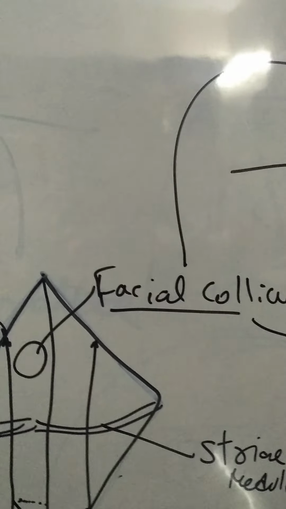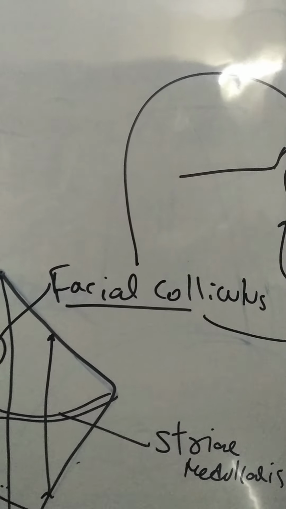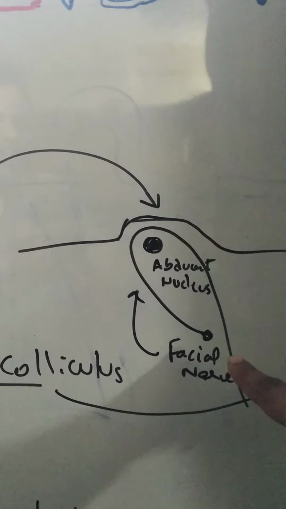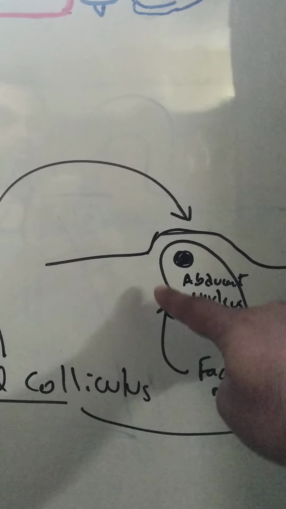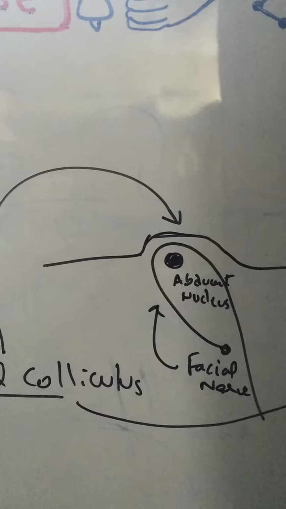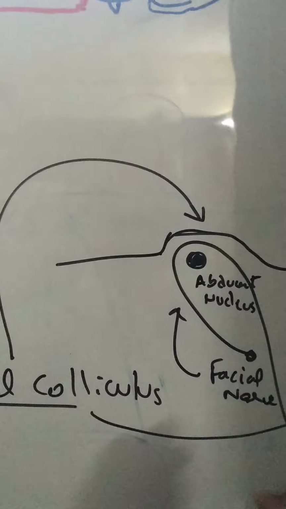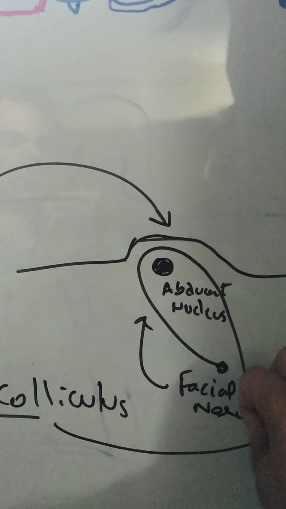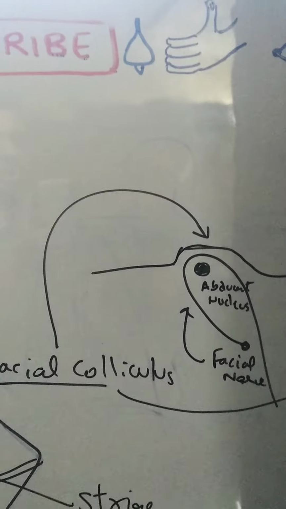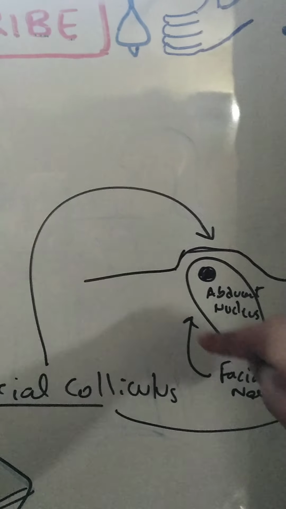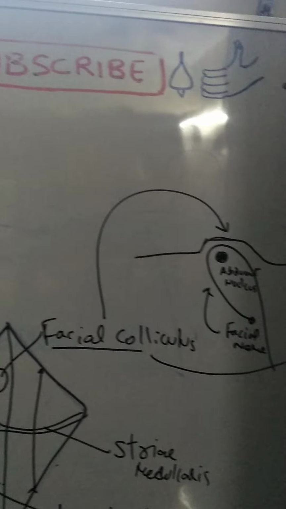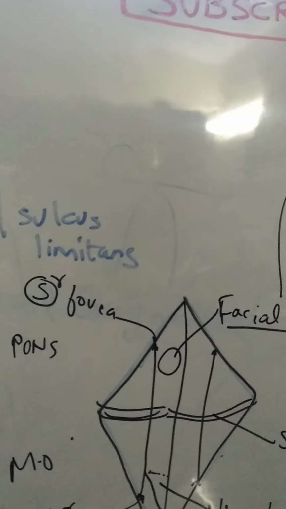So let's understand what is facial colliculus. It is an elevation found on the median eminence in the pons area. In this cut section of pons, the facial nerve nucleus is here, but the nerve fiber goes and circles around the abducent nerve nucleus. The facial nucleus has migrated here towards the trigeminal nucleus, a fatal attraction between the two, called neurobiotaxis. This has caused the axons to wind across the abducent nerve nucleus, and that has caused an elevation called facial colliculus, which is important. You should try to remember that.